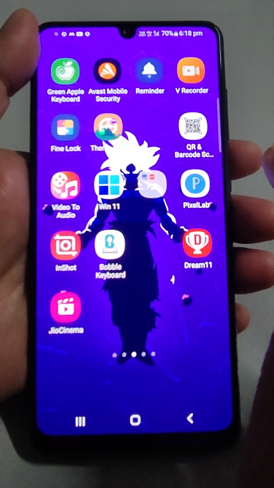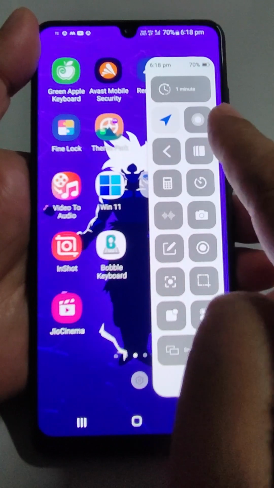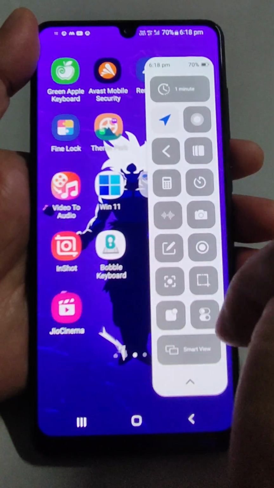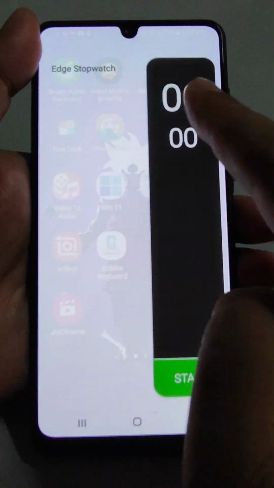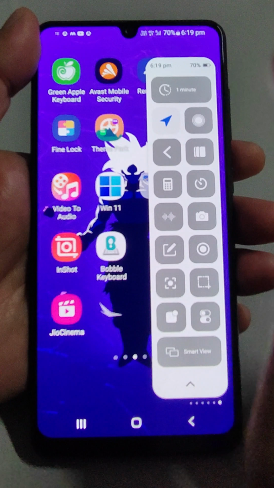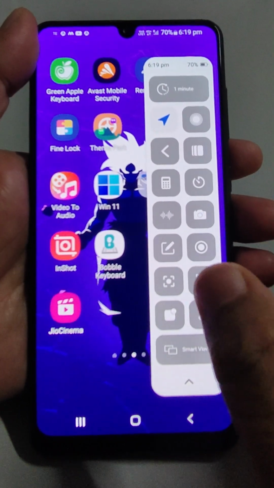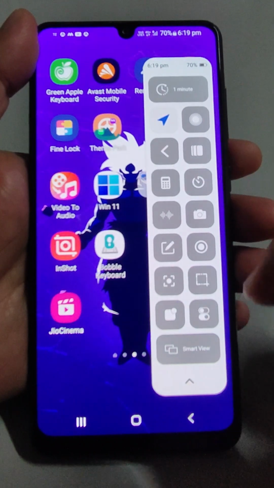Welcome back friends. In Samsung Mobile, when you are sliding your fingers from this side, this panel comes. This is called side panel. When you are sliding, each time it will change. This is called control center. In Samsung Mobile, now it is very easy to install this control panel